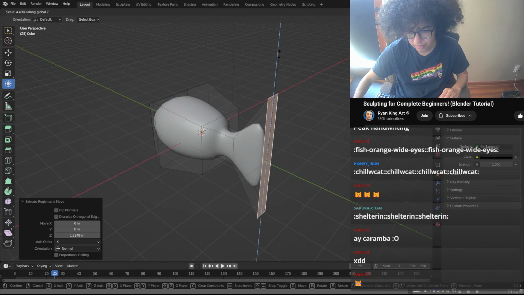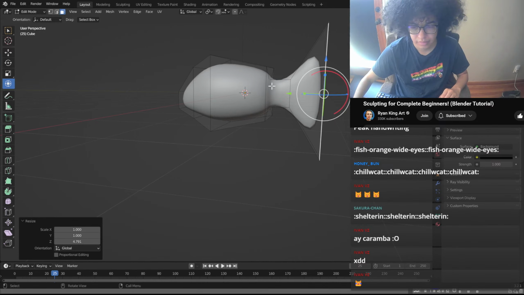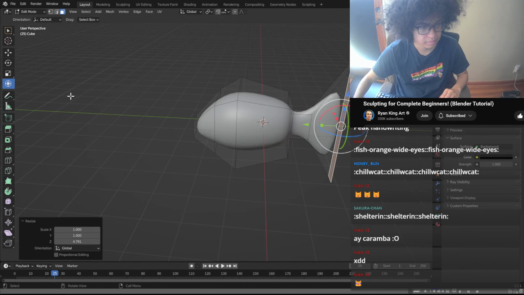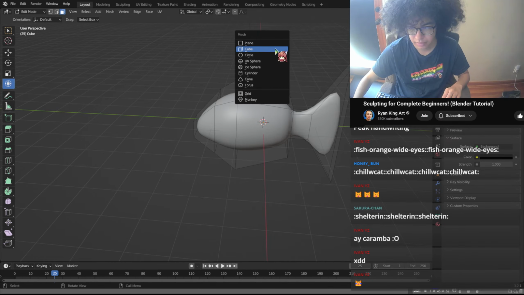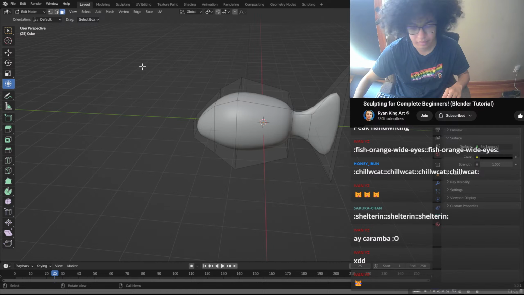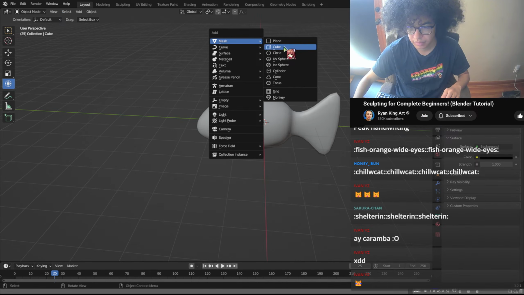Let's now hit tab to go back to object mode. That's going to be the base of the fish, so we'll now model the fins. So in object mode, I'm going to add a new object, so press Shift A for the add menu. Let's click here to add a cube, and I'll hit tab to go into edit mode, and I can hit